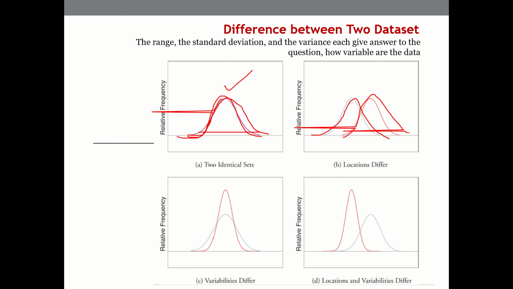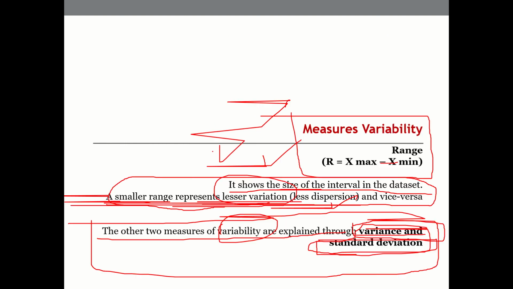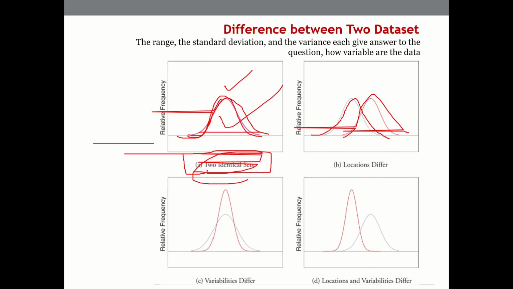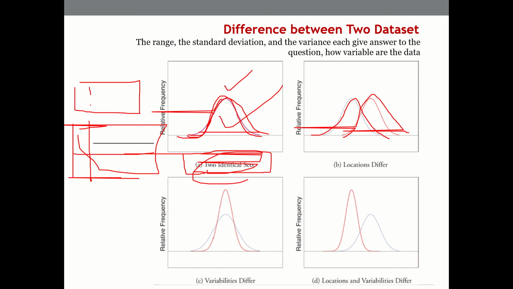If two data sets have some variance in the data range, we'll be able to understand that. There are two or three terms we will come across. One is: if the data sets overlap, then they are called identical data sets. This is not an identical data set, but I'm just telling you: if you have two data sets, 1 and 2, and you want to know their characteristics, and if you plot them and they superimpose on one another, then these are called identical data sets.